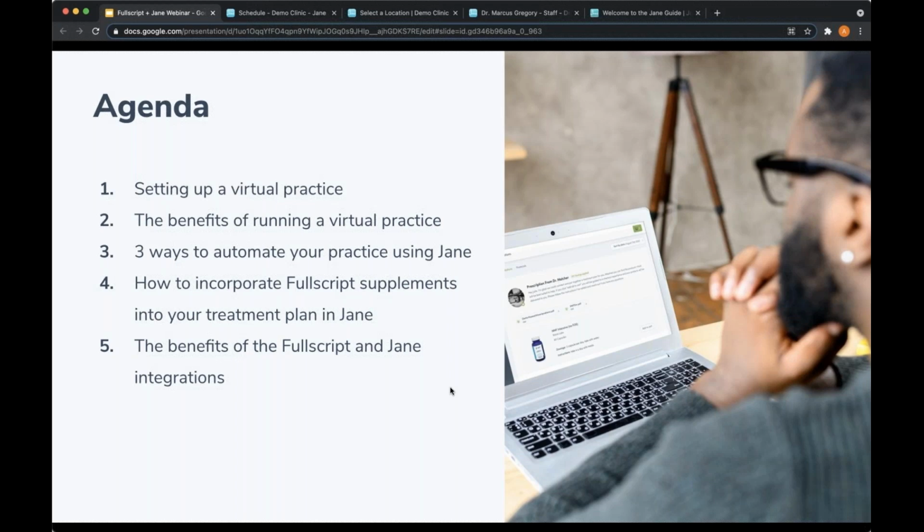Alex will show you the 3 ways you can automate your practice using Jane and increase practice efficiency. While working in Jane, we'll also show you how easy it is to incorporate Fullscript supplements into your treatment plan before we move back into the slides and talk about the benefits of the Fullscript and Jane integration. Finally, we'll open it up to a Q&A session at the end, so if you have any questions, please ask away in the chat box. Sounds good? Great.